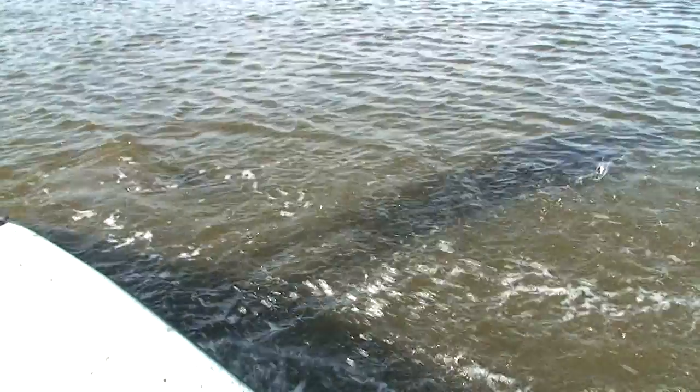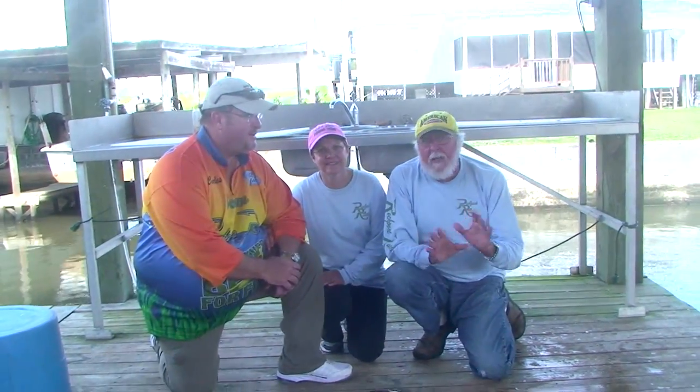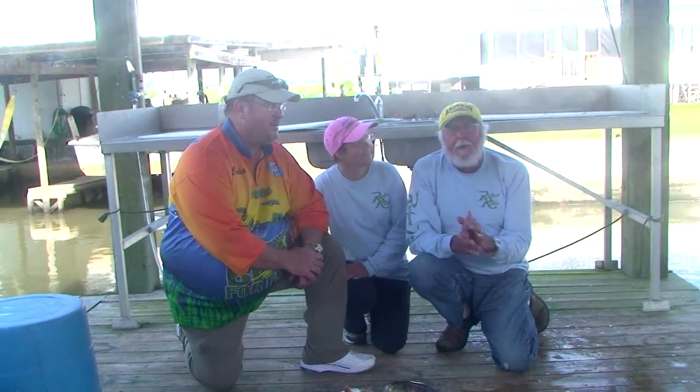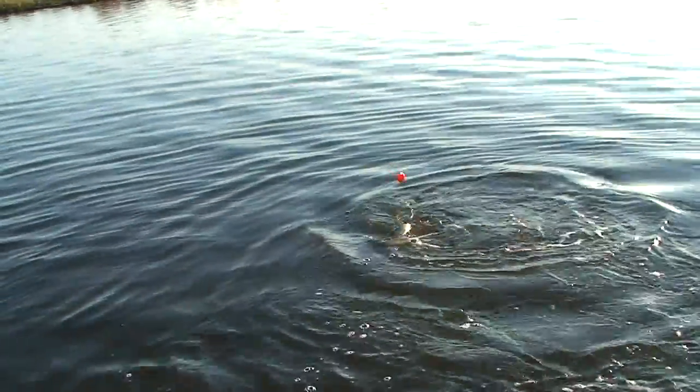We're gonna try to catch y'all some flounder. They were running for about 2 weeks. They finally cut it back down. Next cold front, they're gonna be right back up on the ship channels and we're gonna be catching lots of flounder. I tell you what, right now, friends, fishing is good all across the coast from Texas all the way